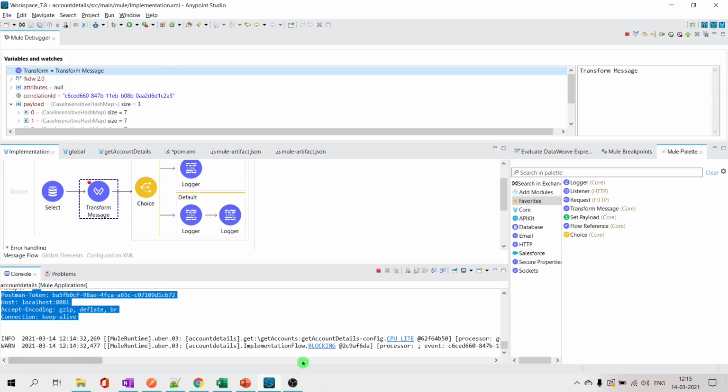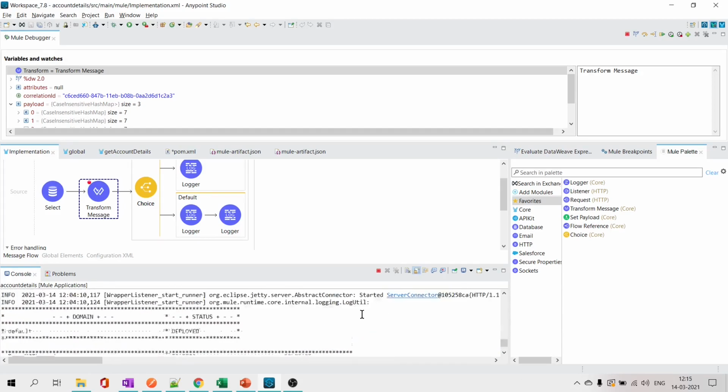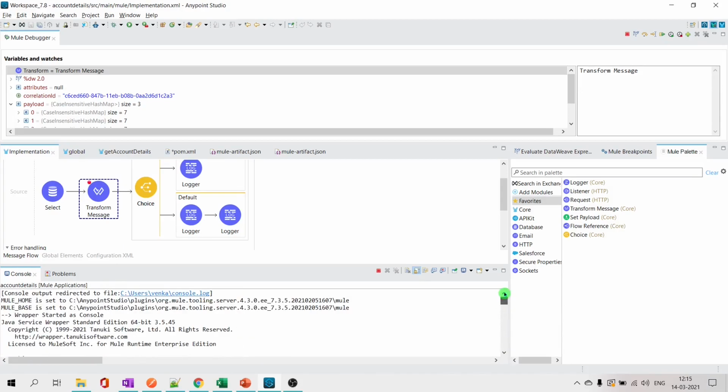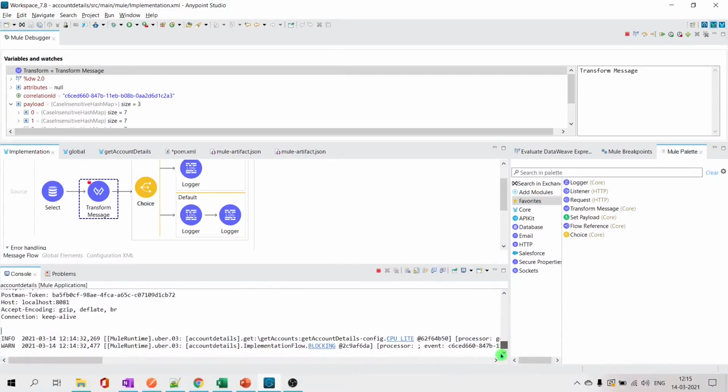The clumsiness is one problem, and the second problem is the console log will be overridden, right? If your flow is too complex, or if you're enabling debugging which gives you verbose logging, the earlier logs will be overridden, so you cannot see the previous logs if there is too much logging happening, or if you're testing the same flow multiple times. These two problems can be solved with this. How do we do that?